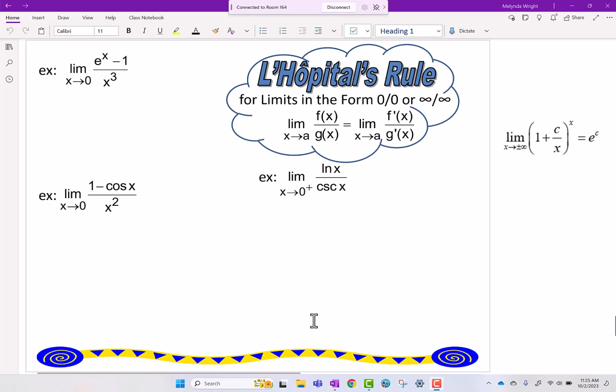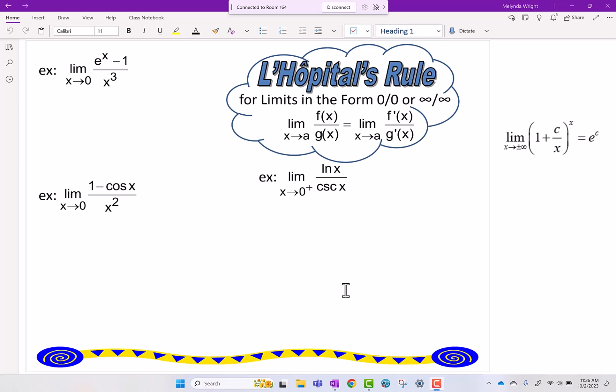All right, let's take a look at our lesson for today. What we're going to be looking at today is L'Hopital. This is a technique that a mathematician, and that was his last name, L'Hopital, came up with, which was actually pretty cool. I don't know how he came up with it. How many limits would he have had to do? I don't even know. But this rule works if we have a limit in the form of 0 over 0